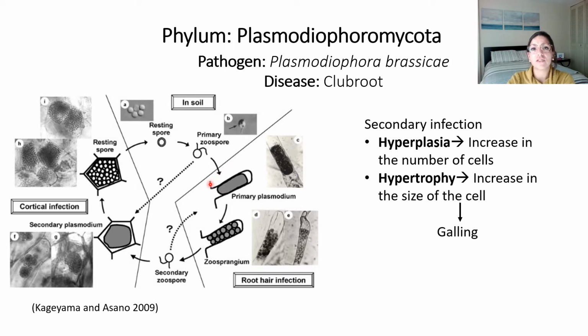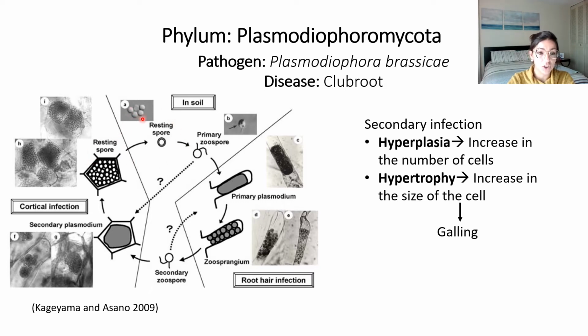The primary infection of the disease is only present in the plant root hairs, and there we have the development of a primary plasmodium, which evolves into a zoosporangium, and this one releases the secondary zoospores. The secondary zoospores swim towards the cortical tissue of the roots, and once there they penetrate and produce a secondary plasmodium, and in this secondary plasmodium new resting spores are produced. Once those resting spores are produced, they are released again into the soil, and there the